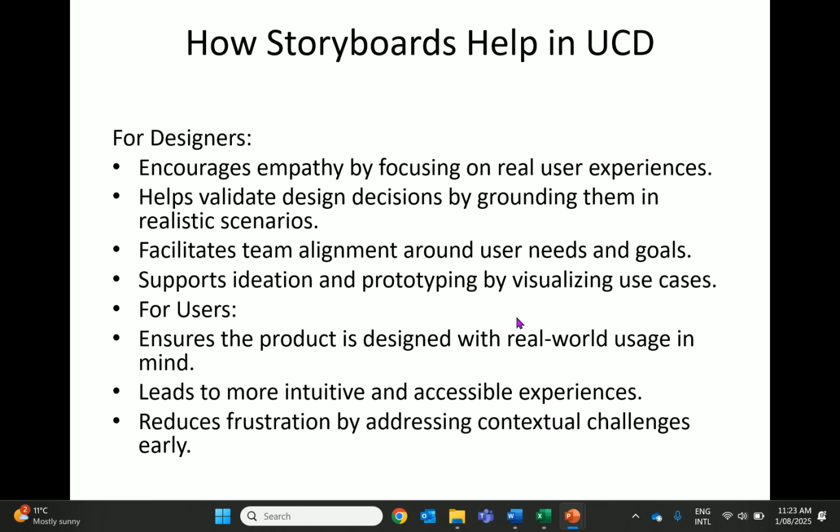But how does it actually help the designer? So now I am describing how a storyboard helps the designer. It encourages empathy by focusing on real user experience, helps validate design decisions by grounding them in realistic scenarios, facilitates team alignment around user needs and goals, supports ideation and prototyping by visualizing use cases,